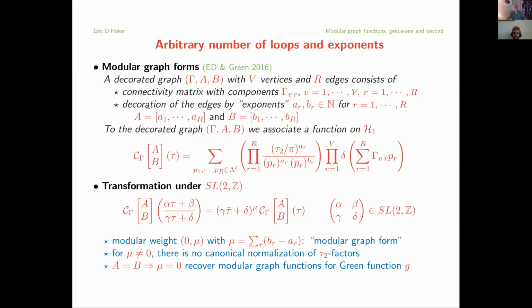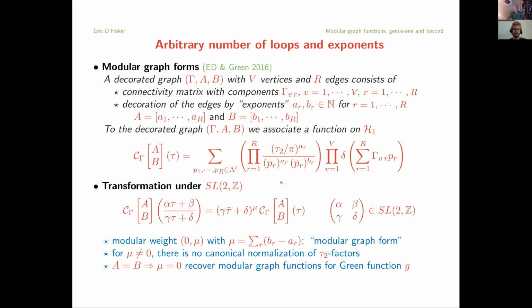And then each edge is actually decorated with two exponents, the exponent of the holomorphic momentum and the exponent of the anti-holomorphic momentum. So we put these in an array. And so here is now the function we associate with it. We raise each holomorphic momentum to the power AR and anti-holomorphic to the power BR, and then we have a